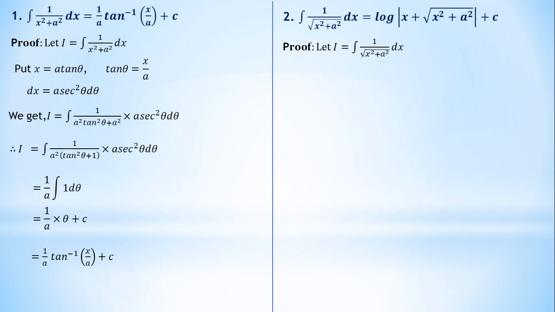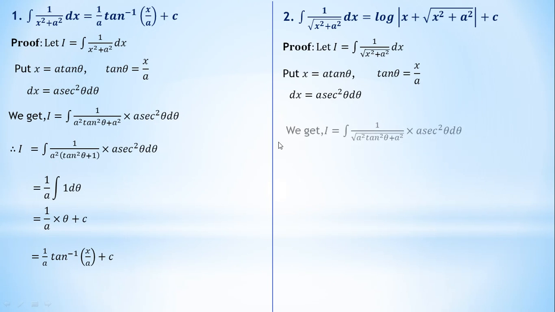So now onwards you always remember, if there is a term x square plus a square or root of x square plus a square also, then we have to put x is equal to a into tan theta. That gives tan theta is equal to x upon a. And as you put x is equal to a tan theta here, we get dx is equal to a sec square theta d theta. So here this is the standard substitution for this term. That is important. So after this substitution, what we get?